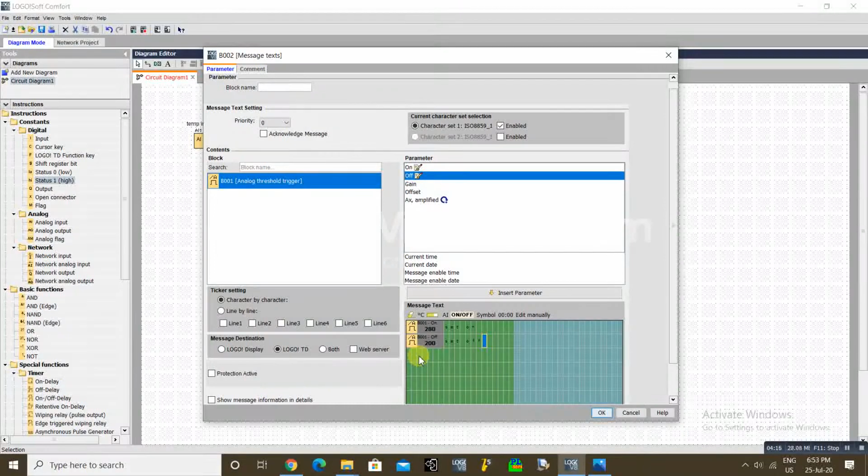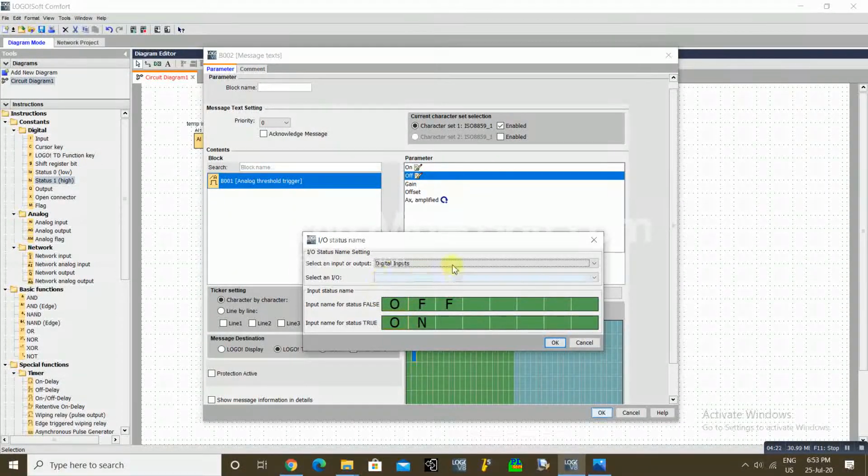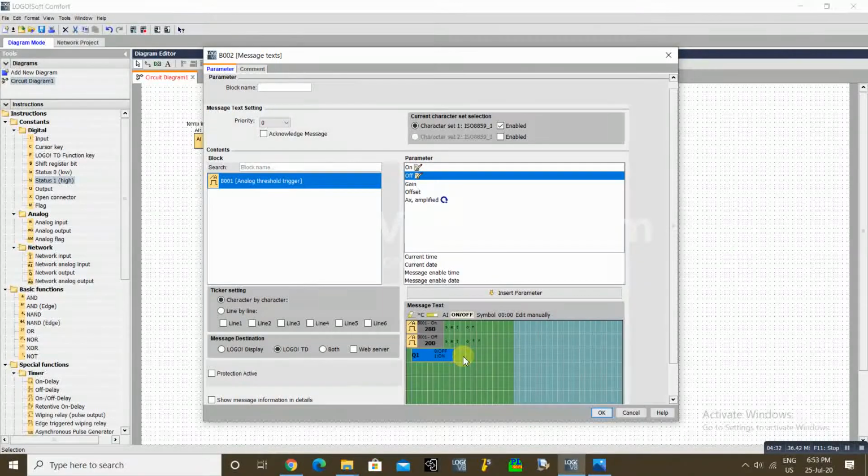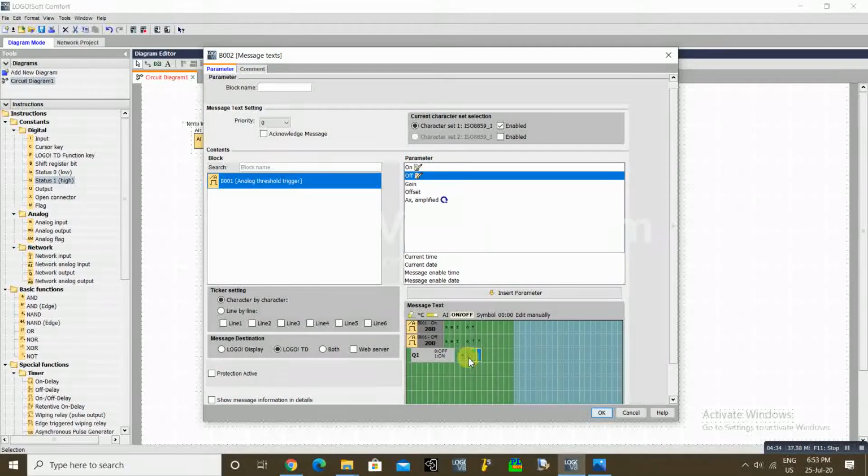Then we will put the on off status: digital output Q1. So when the output is true, it will show on; false, it will show off. AC status.